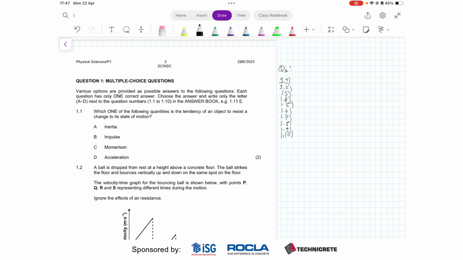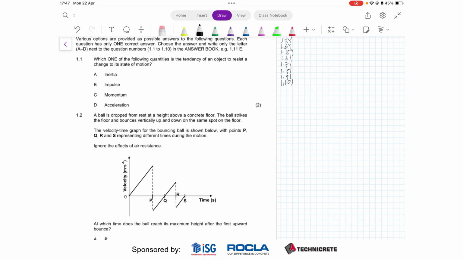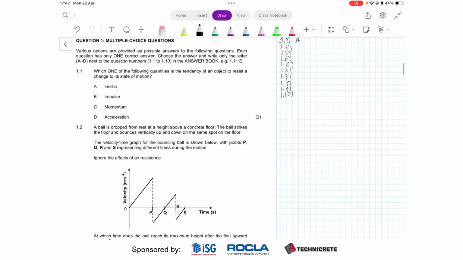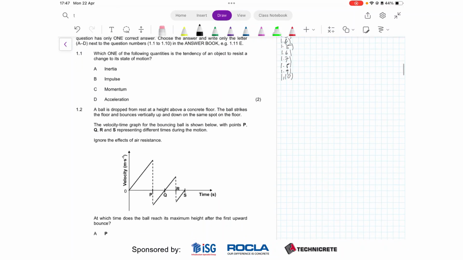All right. So the first one. Which of the following quantities is a tendency of an object to resist a change to its state of motion? We know that is A, that is the momentum. B,